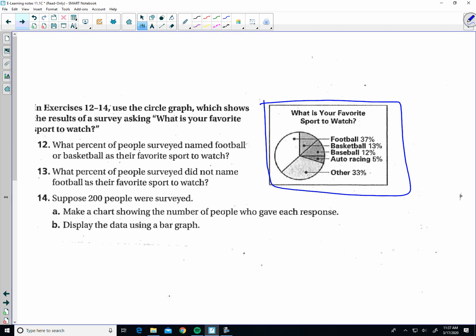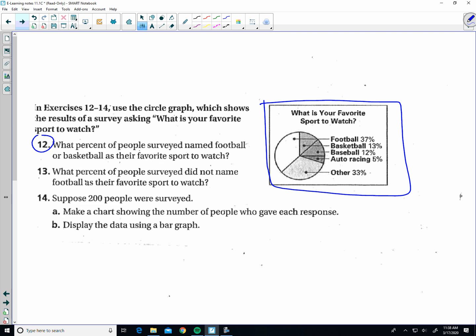They asked people a simple question: what is your favorite sport to watch? And you can notice 37% said they like to watch football, 13% for basketball, baseball got 12%, auto racing 5%, and then other sports not including football, baseball, basketball, auto racing, some other type of activity that would be considered a sport. So if we check out question 12, it says what percent of the people surveyed named football